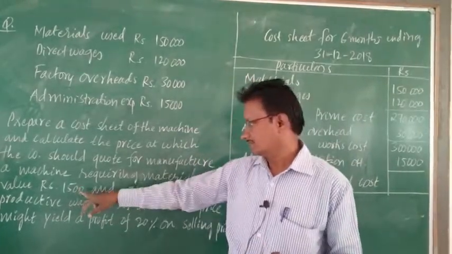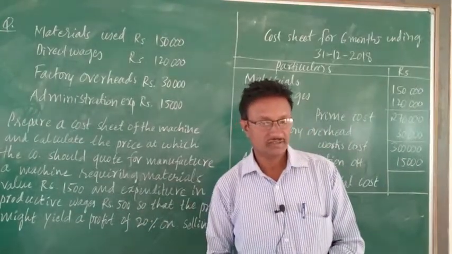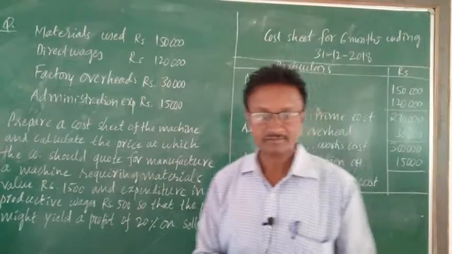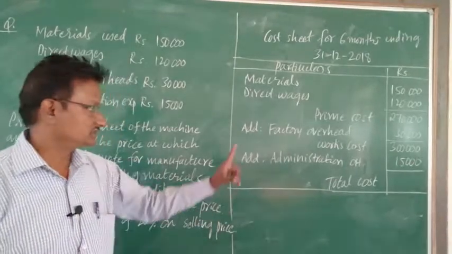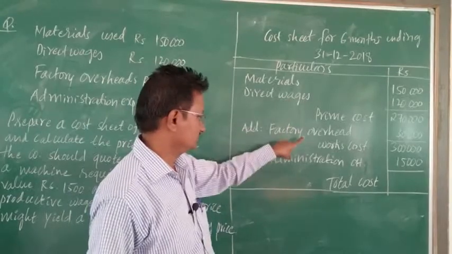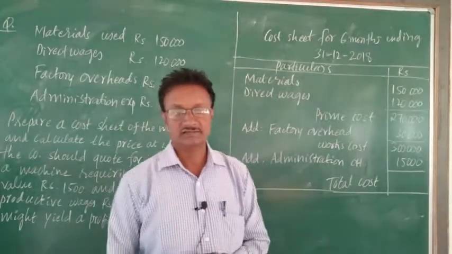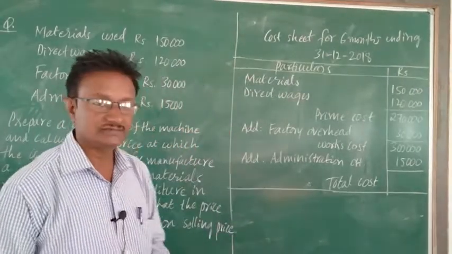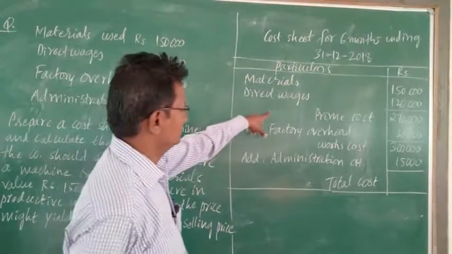we have to prepare is an estimated cost sheet for a machine which requires materials 1,500 and direct wages 500, and we have to estimate two overheads, factory overhead and administration overhead, for manufacture of this machine on the basis of past records, that is factory overhead is calculated on direct wages and administration overhead is calculated as a percentage of works cost, as this rule is already observed. Next, we have to calculate the overheads, calculation of overheads.